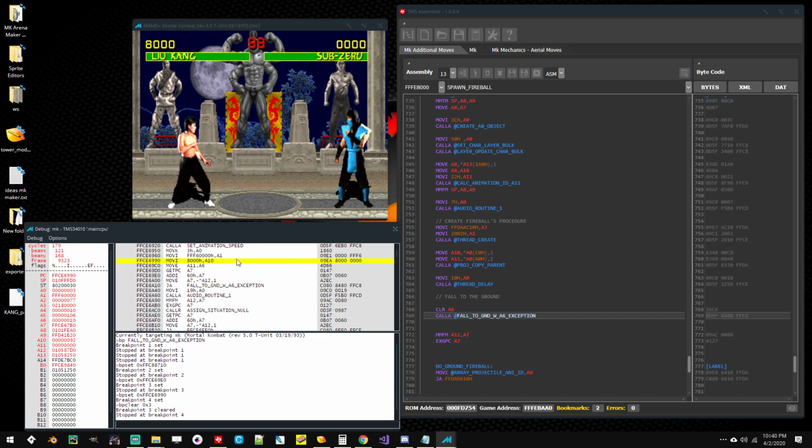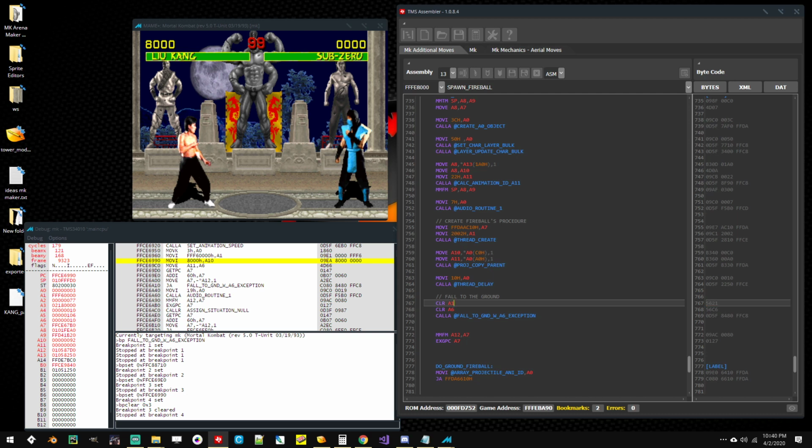We're just jumping down. This is our animation speed. We don't need that. So what we have to do is clear A1, because we're not adding any